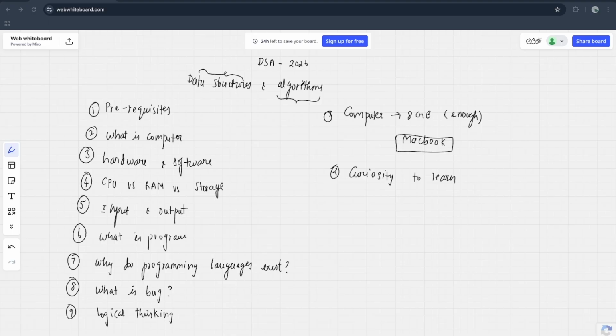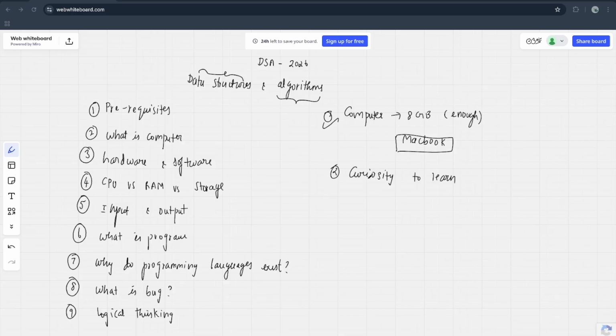First thing first, when it comes to prerequisites, there are three things that you must have. Whether you are a student, working professional or a school kid, it doesn't matter. Having a computer with a minimum of 8 GB is preferable, and you should learn everything on a laptop. In a phone you can watch the videos, but when it comes to coding, you need to switch into an IDE, write the code and execute it. A mobile phone is good for watching the lectures, but for actual coding practice, prefer a laptop.